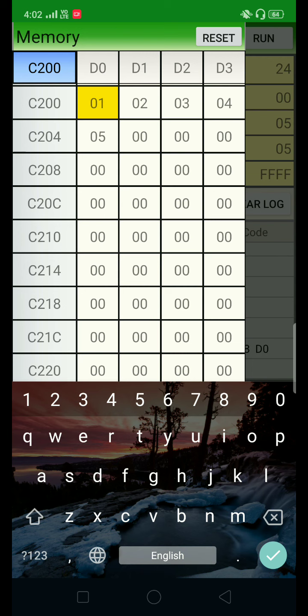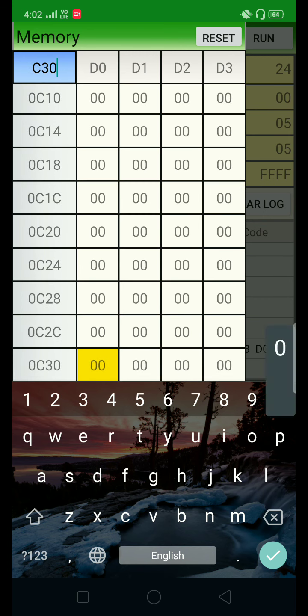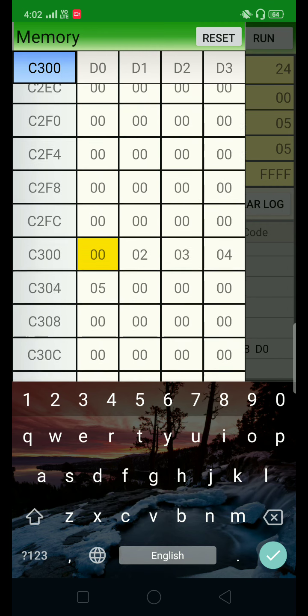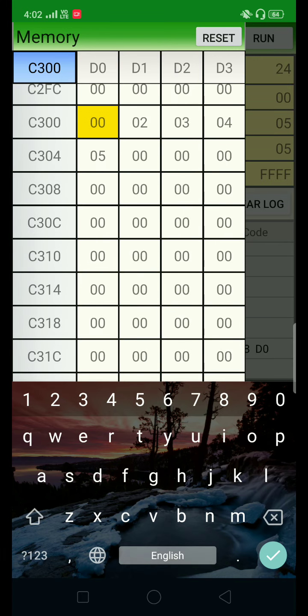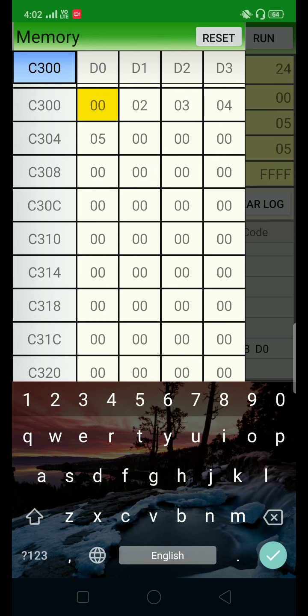Now we will check the result starting from C300. Okay, so here what happened: at location C300, by default 00 is there.